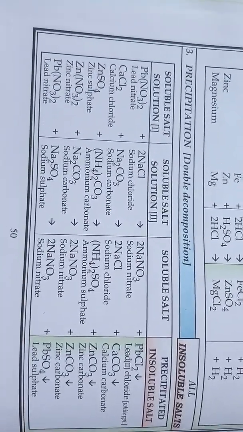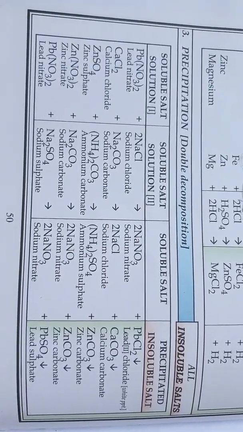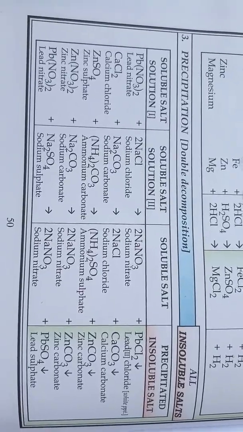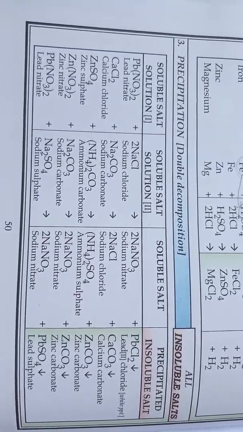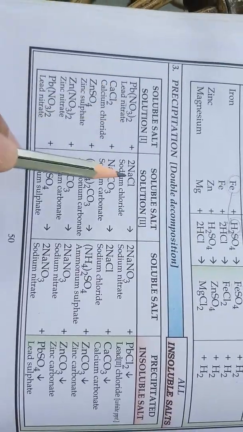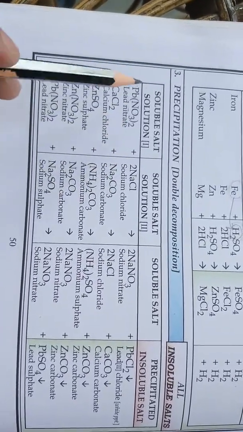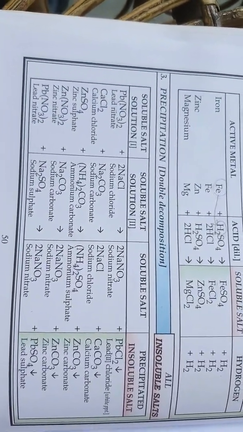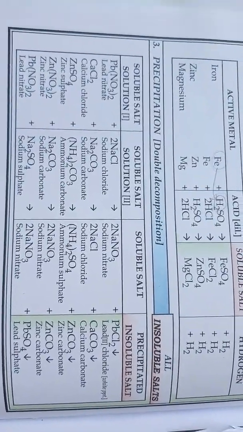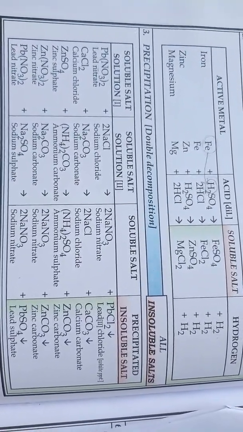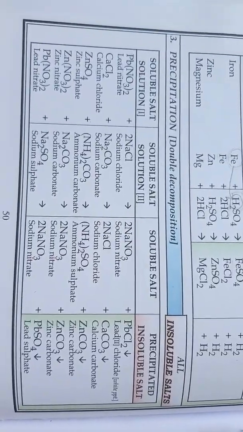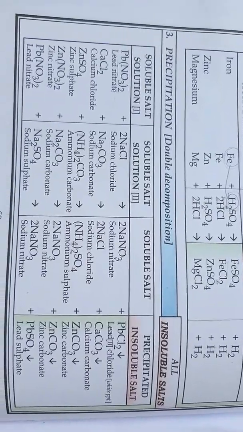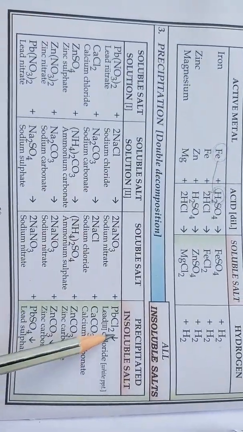Precipitation formation, double decomposition, as we just learned earlier, using the insoluble salts, insoluble bases. So lead nitrate and sodium chloride, both are salts. When they react, again a soluble salt forms, and one more salt forms which is insoluble in the form of a precipitate. If you have a test tube, at the bottom you will find lead chloride, white precipitate, and it is always indicated by a downward arrow.